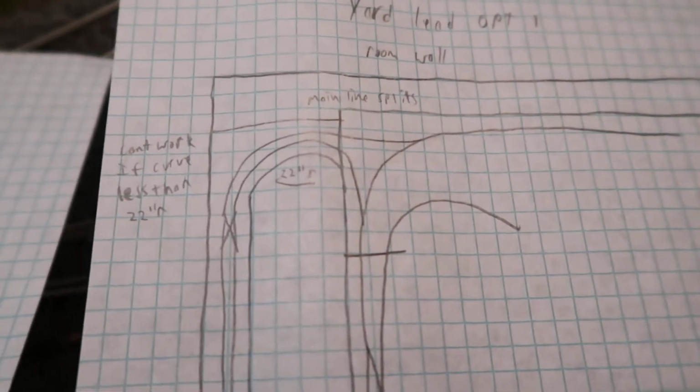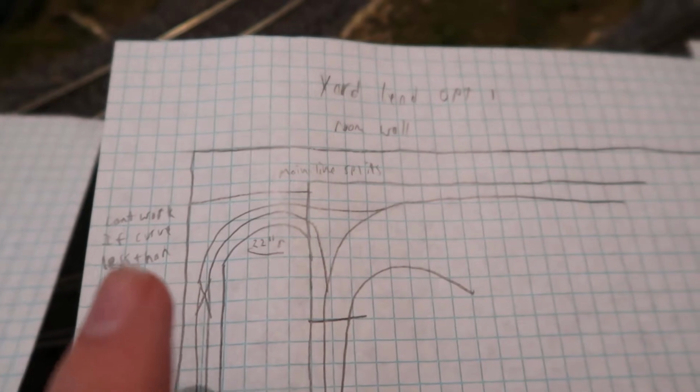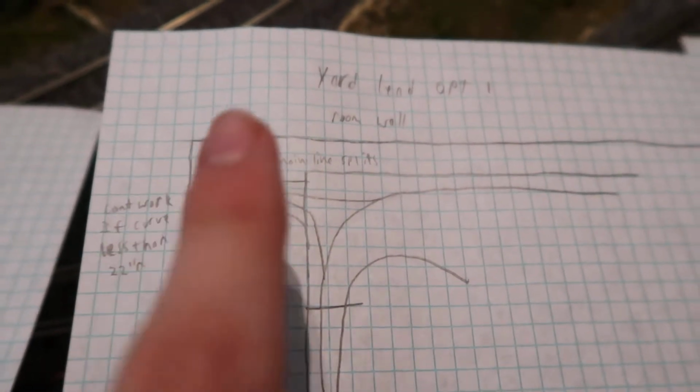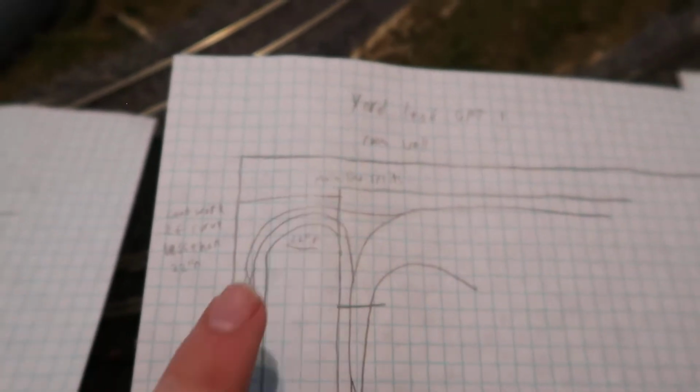Could be set up here to allow for continuous running. So your trains incoming to this area of the layout would come in here and go around that way, go around the whole thing, and then come back out this way on the second track. So in theory, you would never have anything run into each other. In the big yard on the other side of the wall, there will be a turnaround